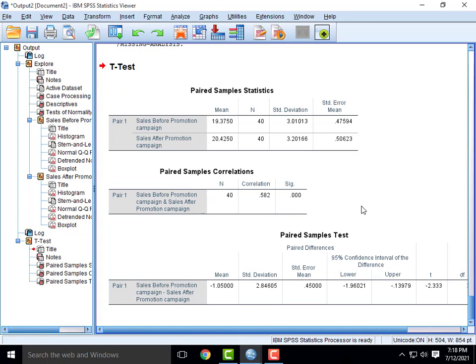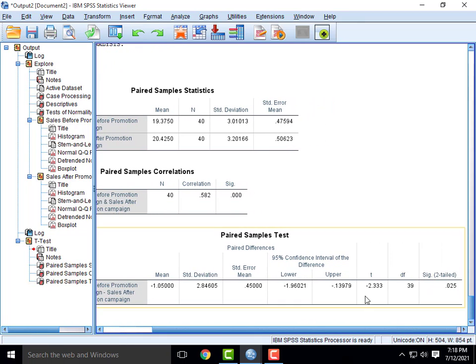So now come to the t-test. The mean difference between before and after is minus 1.05. Standard deviation 2.846. And come to the t-value. The t-value is minus 2.333.